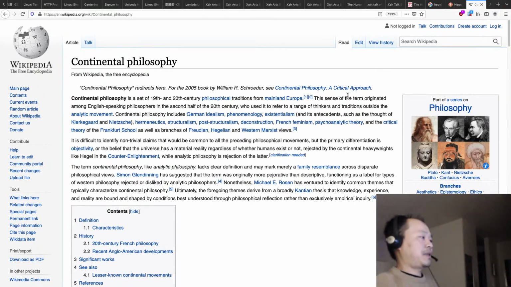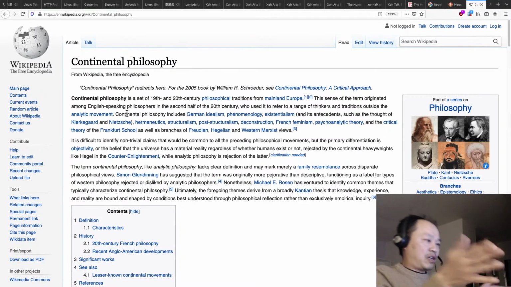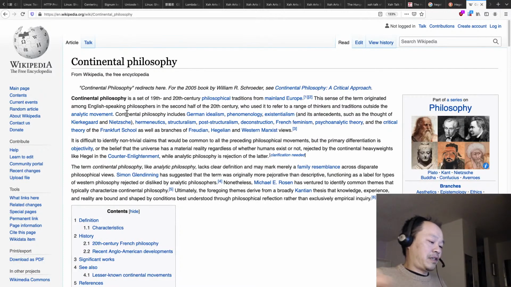I can explain that. In philosophy, in the 1900s, the analytic movement is a great branch of philosophy. What is the analytic school of philosophy? Simply put, they are science-based. Analytic philosophy, in particular logicism and logical positivism, is basically science-based philosophy. In short, I'm not going to go into detail.